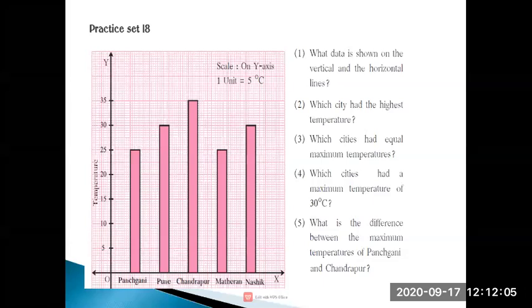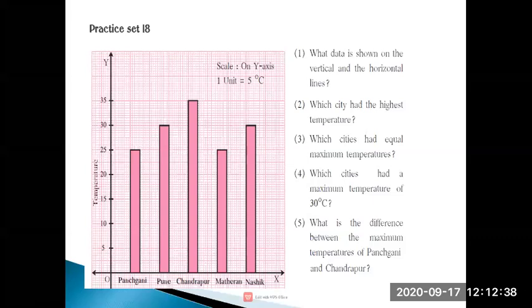Yesterday we started our chapter number 6, that was bar graph. In that we learned how to draw the x-axis and y-axis on the graph paper. We have just seen how we do the pictograph through our graph book and on our graph paper. Now today we are going to start with our new exercise, that is practice set 18. In this exercise there are bar graphs shown, and some questions are asked. I hope you people are giving answers through the chat box.